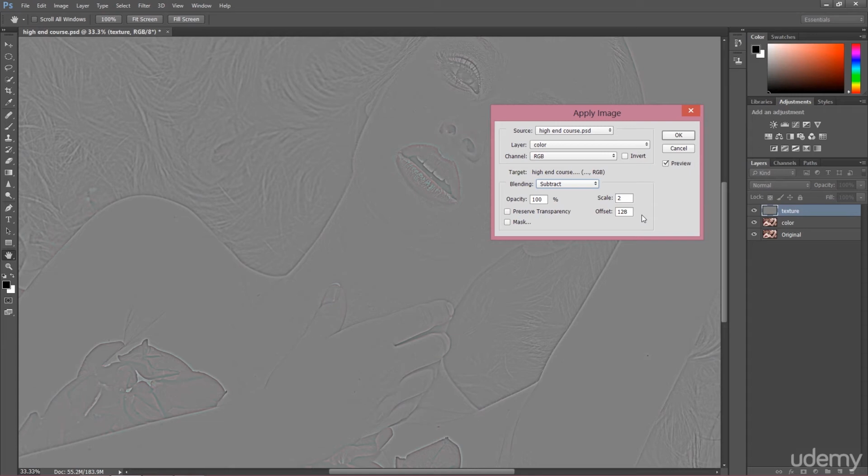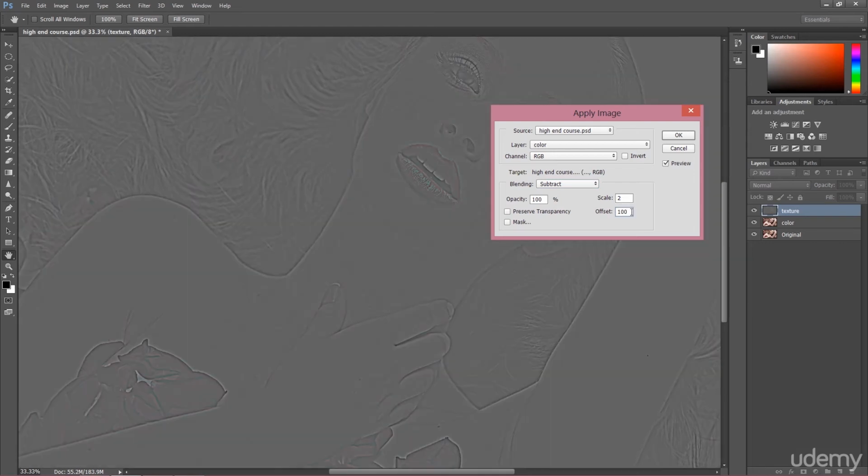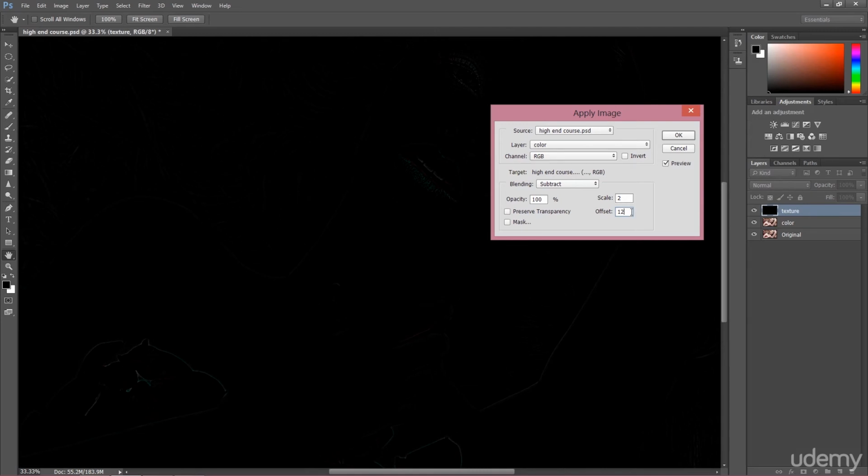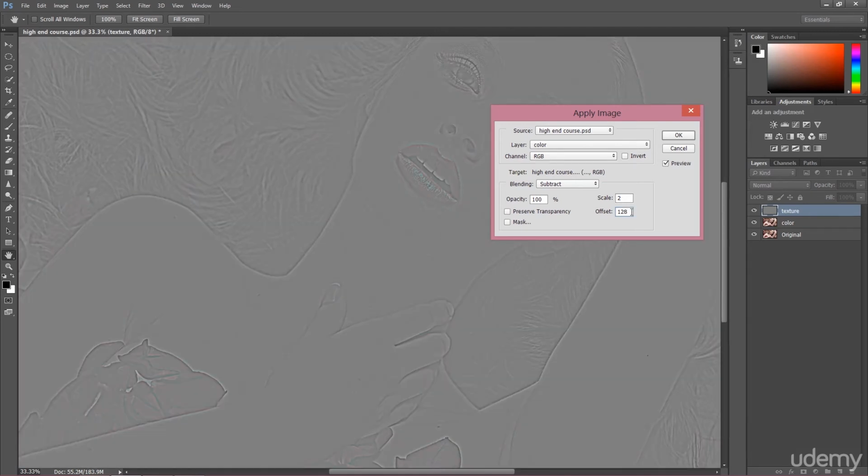I'm not going to tell you why the settings are like this, why the scale is 2 and offset is 128, and probably not many people can tell you this, but it's not going to work with different settings. I can show you when I set 100, it doesn't really work like this. The right settings is offset 128 and scale is 2. And pretty much always will be the same settings,